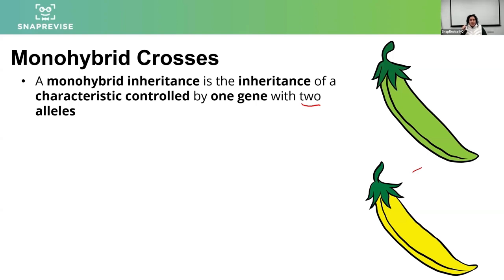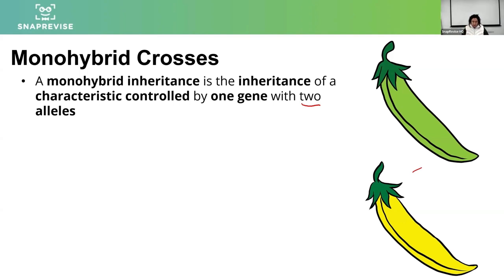That doesn't mean that there can't be more alleles out there. So if we think about eye color, you've got alleles for brown, blue, green eye color, but each one person is going to have two alleles only, right? Because we've only got two sets of homologous chromosomes. So monohybrid inheritance is when we decide that we are only interested in studying the inheritance of a single